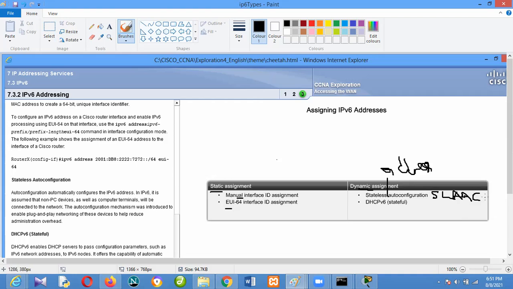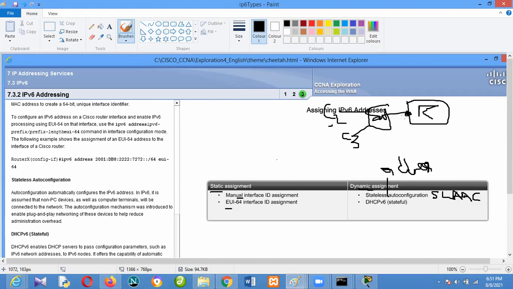Now for SLAAC, it's stateless, meaning that it's not just what it means, but it's the way IP address is being assigned. Normally, if I have a router and I have a network and I have systems connected, under default, as soon as I activate my router, this router has the capability of giving out IP addresses, that's IP6 addresses.